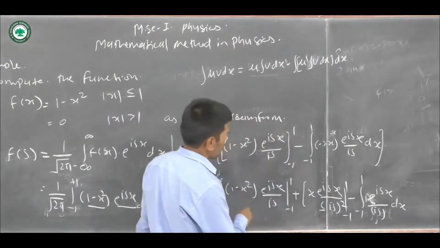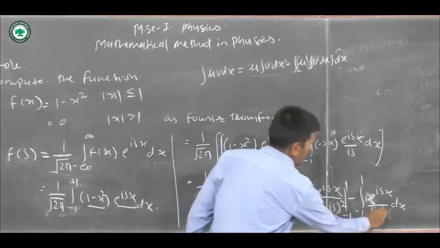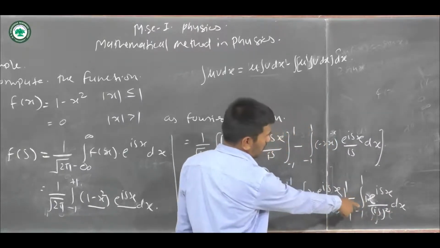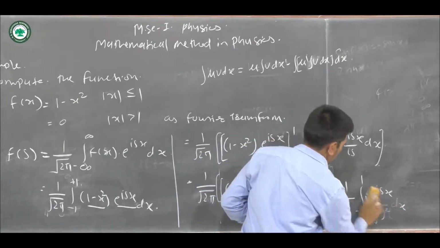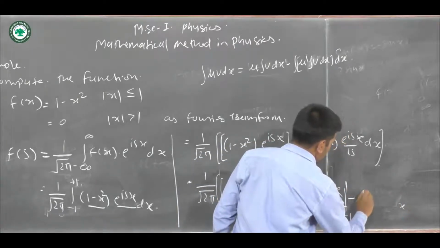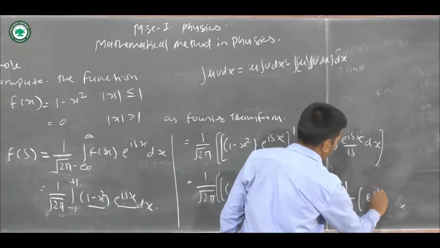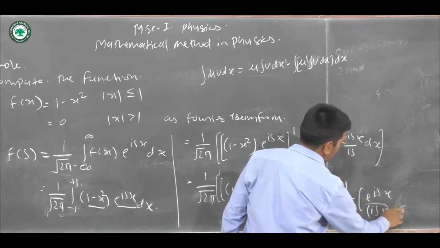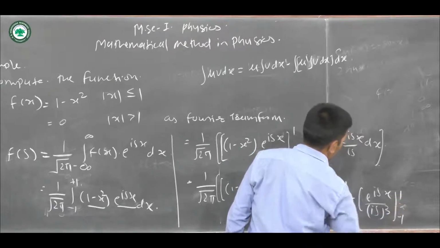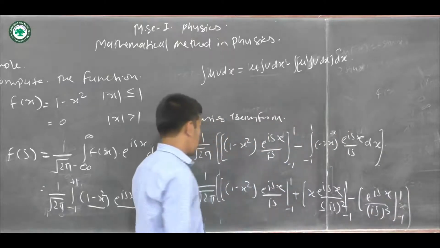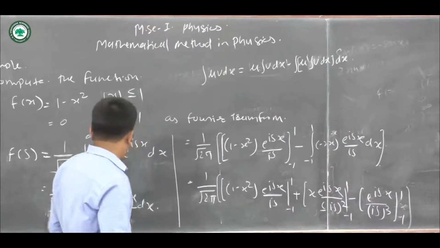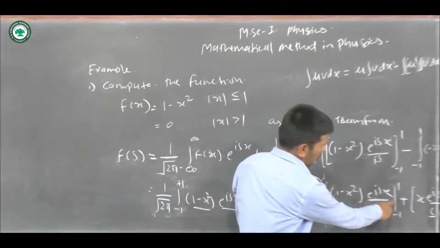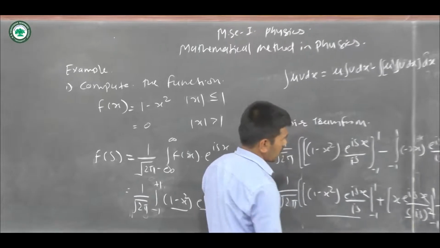Let me check this. So here is a square. Here, if I again integrate with respect to x, we get the first term minus e raised to ix divided by (is) bracket cube, with the limits minus 1 to plus 1. So this is the total integration of these two functions. Now if I apply the limit, minus 1 to plus 1, to this first expression,